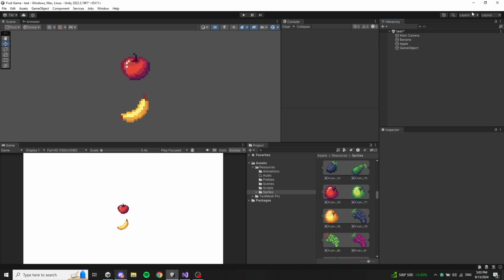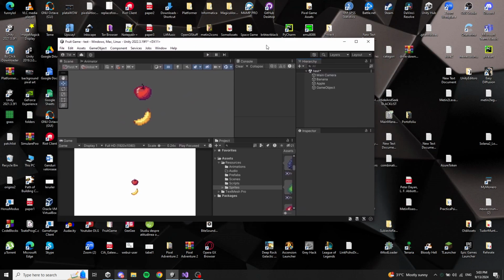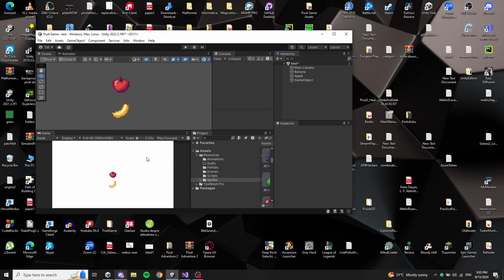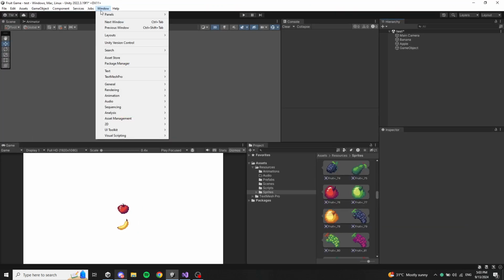Now, how to add assets in Unity? One way is you make this window smaller like this, and you drag and drop from anywhere into this panel here called the project. But if you want to download from the Unity Asset Store, you first need to go to the Asset Store and add it to your assets